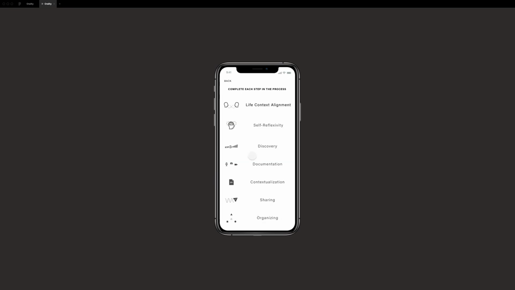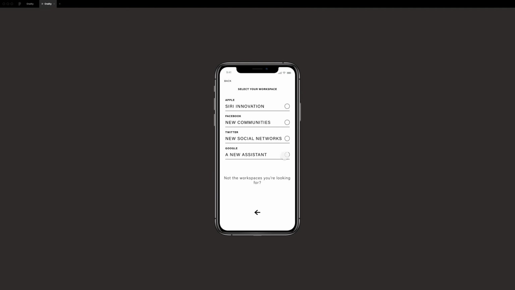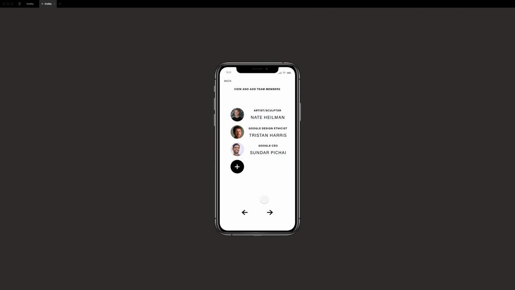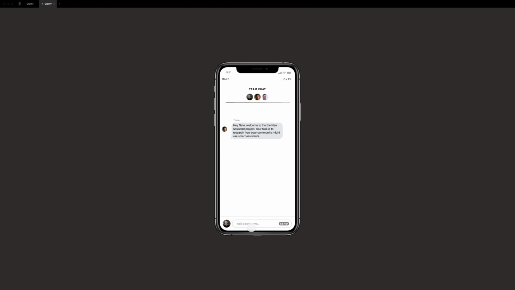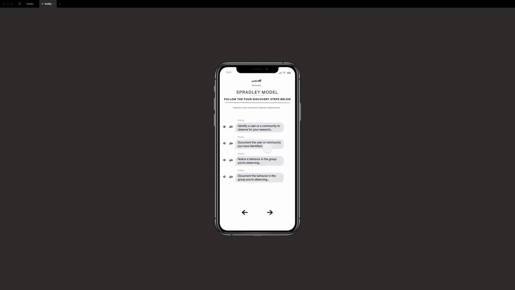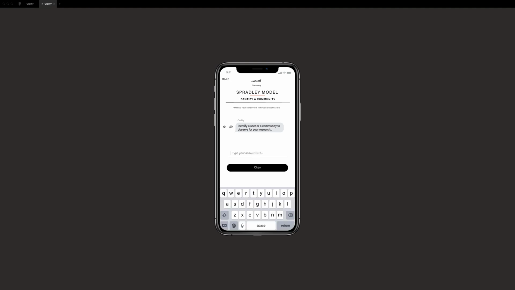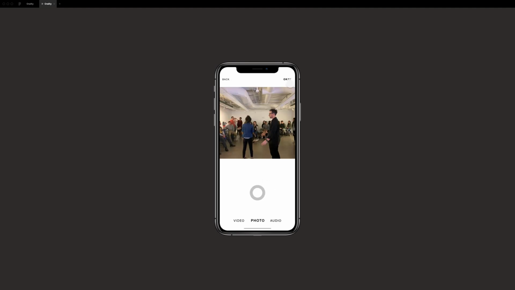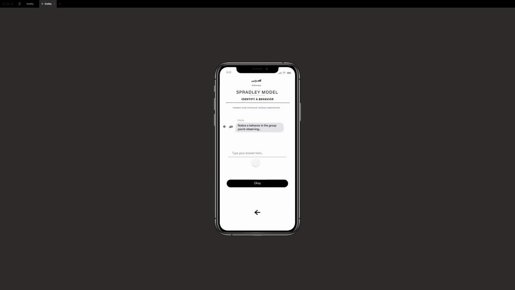Nate actually uses the Spradley model as well. And we'll see what he does here. He has another interpretation which is rather interesting. If we choose the Spradley model, we go through the discovery phase. Okay. We document this. He's actually documenting teachers this time at Massachusetts College of Art and Design, and he notices something